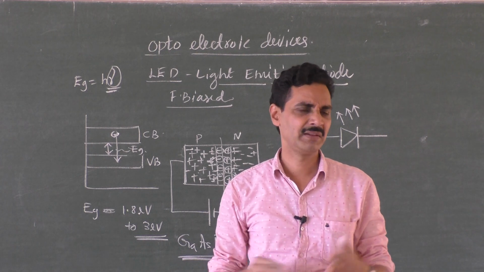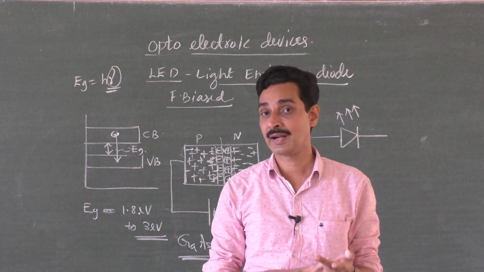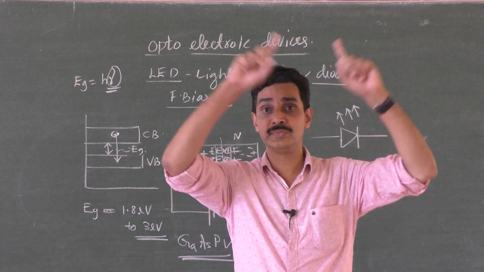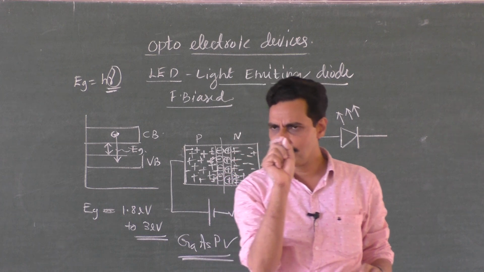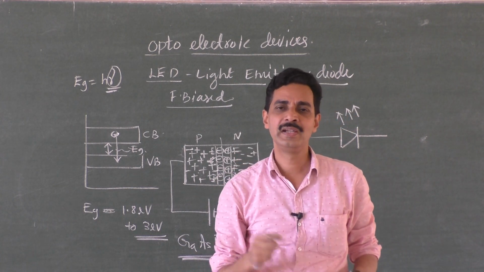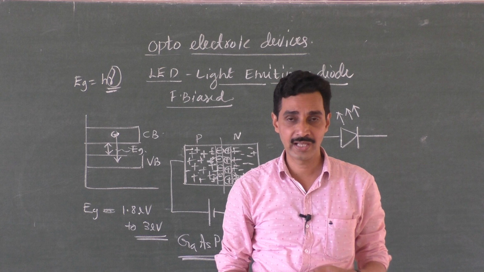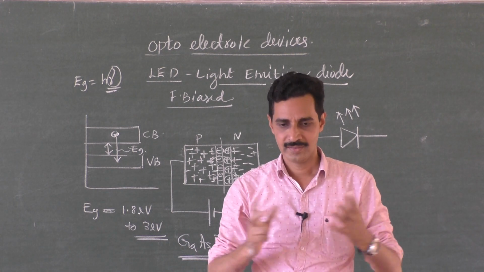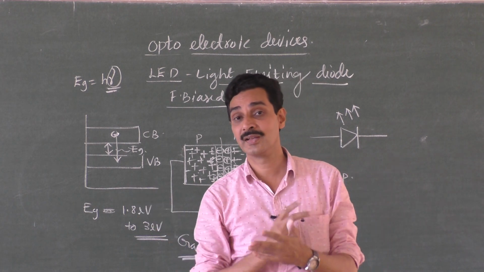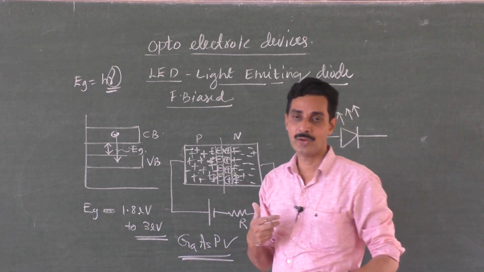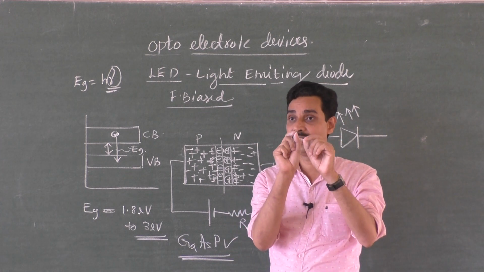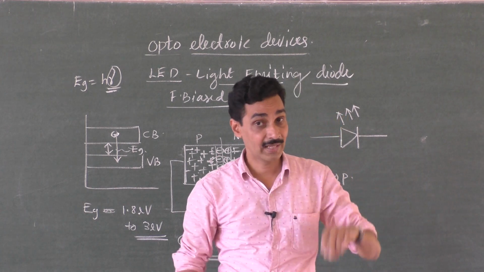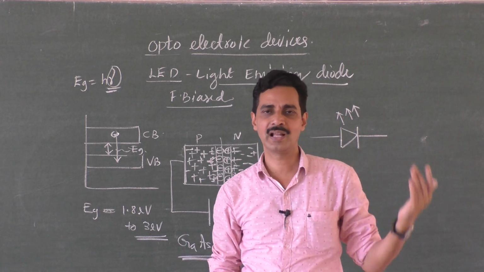Applications of LEDs: plenty of applications. They are used in calculators, traffic signals, LED TV screens. Nowadays you might have seen the big LED screens. If you go very close to it, you can see many small LEDs emitting light. And if you go very close to the LED screen, you can't identify the picture because all the dots are well apart and you can't produce an effective combination. But as you move away, you can't identify the LEDs separately. You get a continuous picture, so you can identify the picture. They are actually individual LEDs emitting different colors of light.